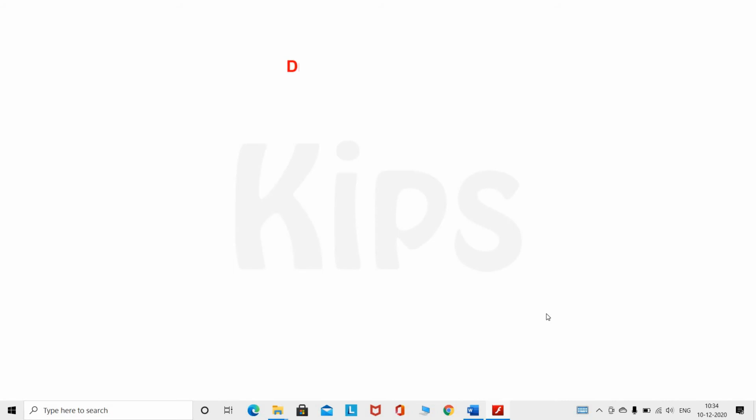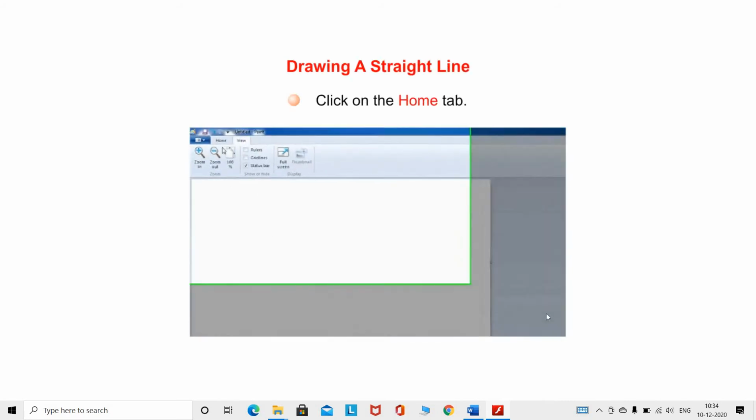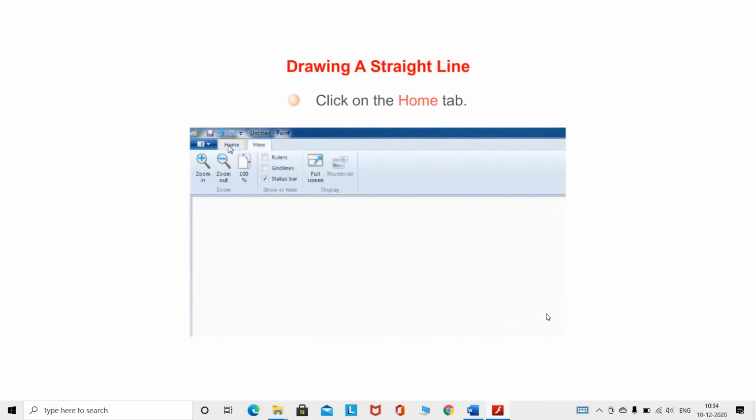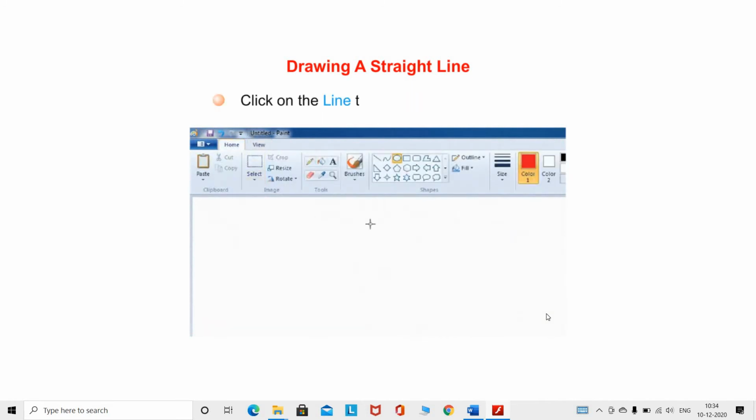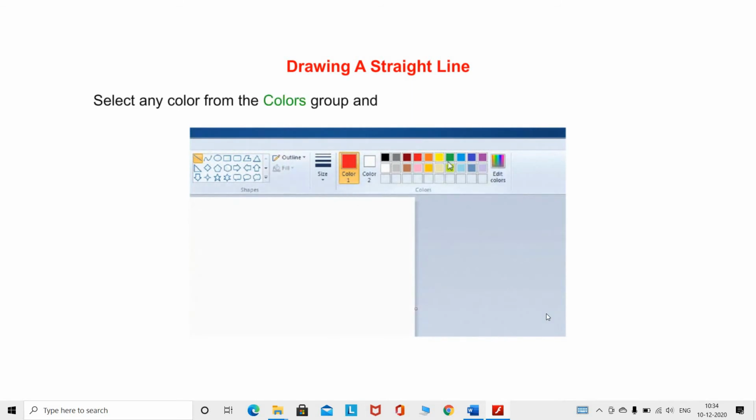Now let us learn how to draw a straight line. Click on the Home tab. Click on the Line tool in the Shapes group. Select any color from the Colors group and the line thickness from the Size button.